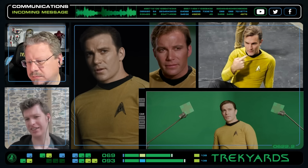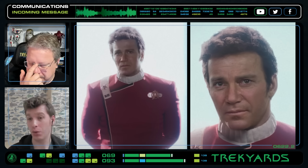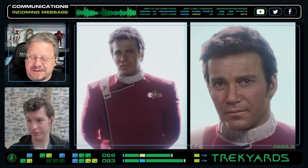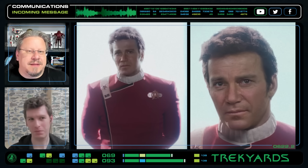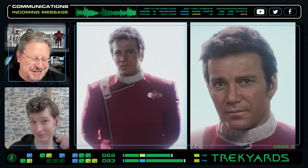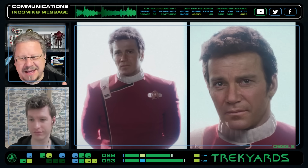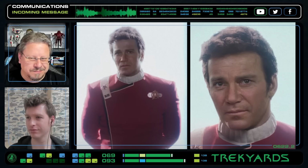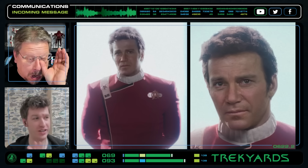Speaking of classic, Wrath of Khan Kirk comes in. I'm 95% sure he's just standing on a giant LED wall, light hitting him, which is why it's so interesting and so real. Now, this one had me thinking, is this literally rotoscoped out of a scene from Wrath of Khan? Because he doesn't do anything really. He stands there. Yeah. And he expresses. When we did our live and had everybody in the chat, Sam said this was in fact him and his own costume and whatnot. And that is impressive as hell, because this Kirk to me is probably, well, I'm not going to say the most accurate, but you all see things differently, right? So if you want to say that's your favorite, then...